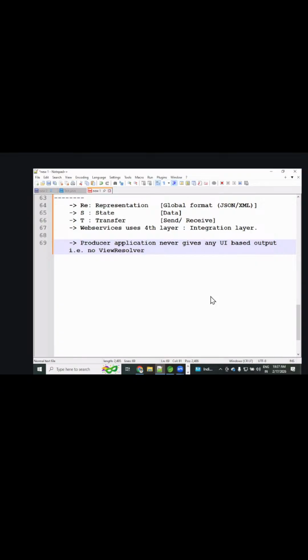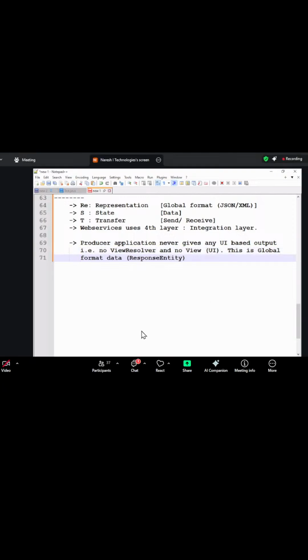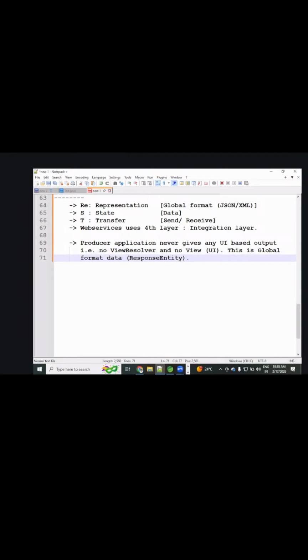The view resolver is what shows the front end in Spring, Spring MVC or Spring Boot. That is no view resolver and response entity. Okay, right. I hope you got the clarity.